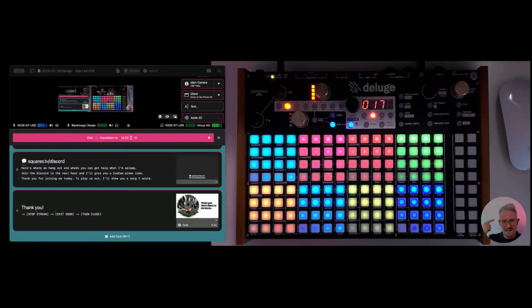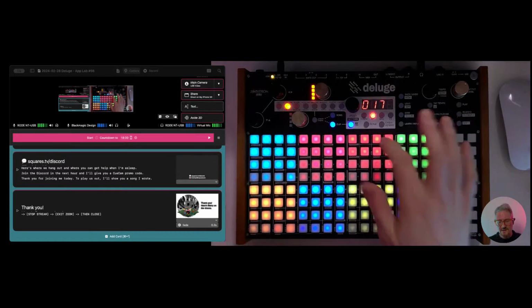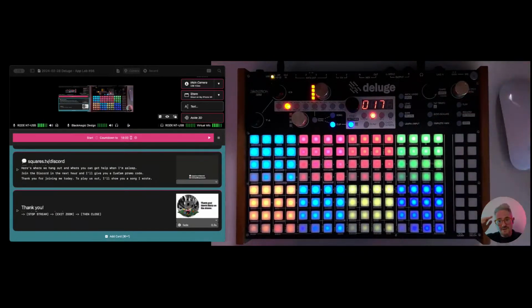Now, the only issue with that is I don't have direct monitoring. I'm hearing it via the delay, which makes it very hard to be musical. But we've got sound, and we've got the image, and we've got an overhead, and we've got picture in picture. And what did we do? Apart from troubleshoot a bit,